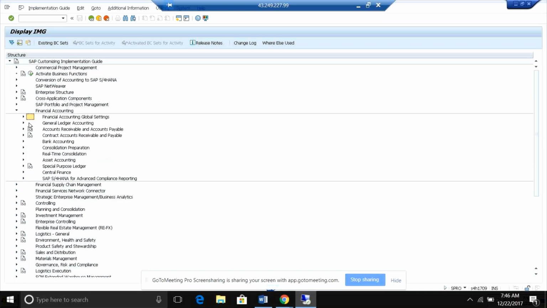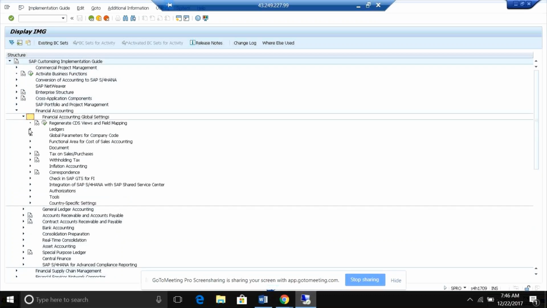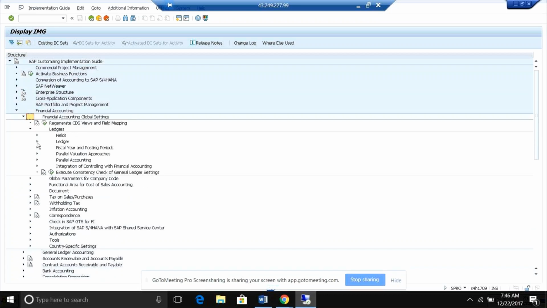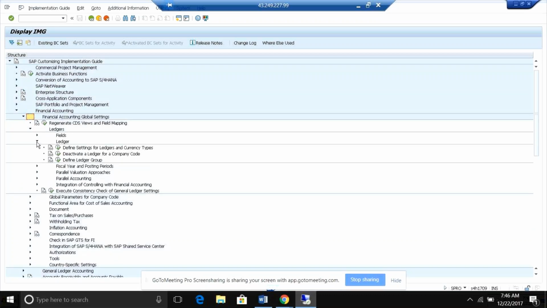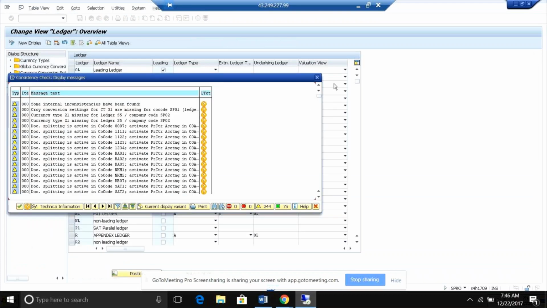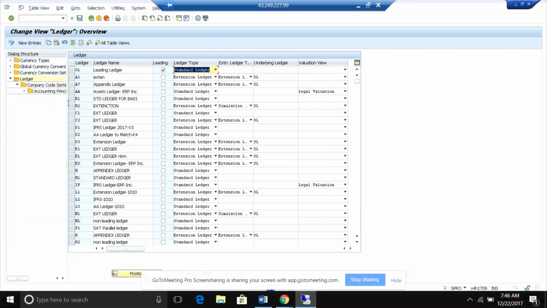Now go to global settings. So now I am doing the configuration of my currencies and ledgers settings here. Here it is a completely new screen. So you are doing the currency settings here, and also you are doing the settings for, as we discussed yesterday,